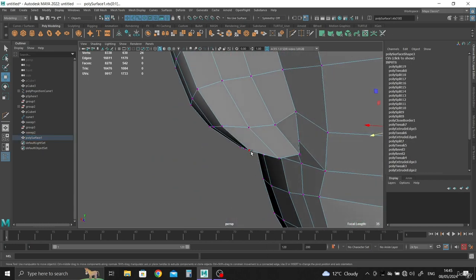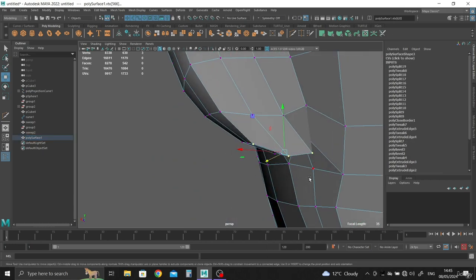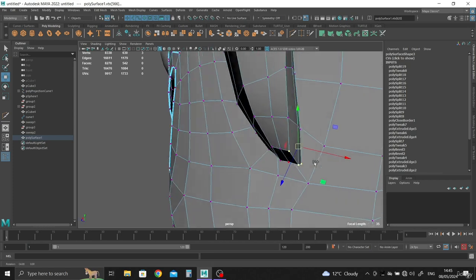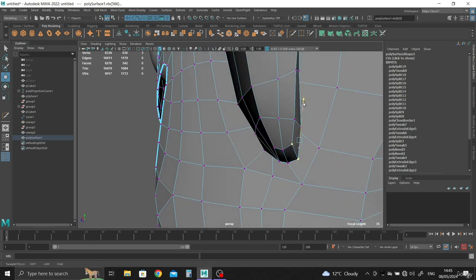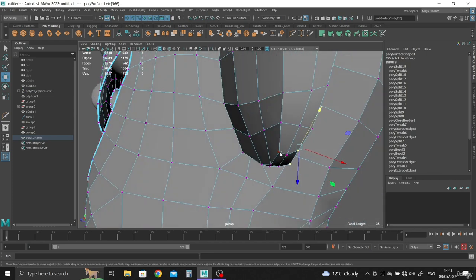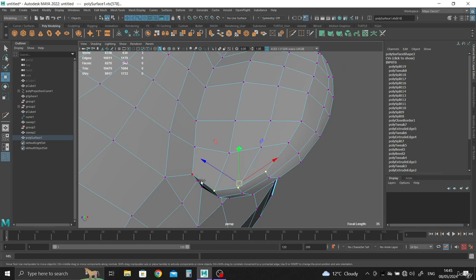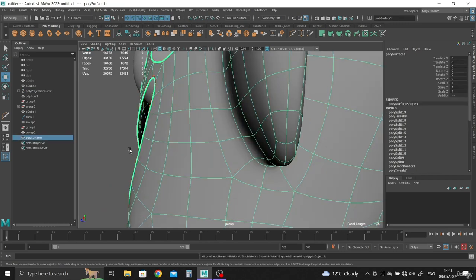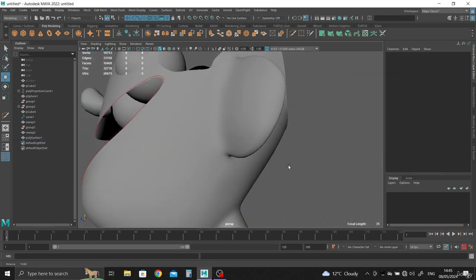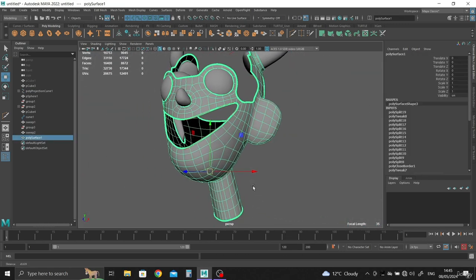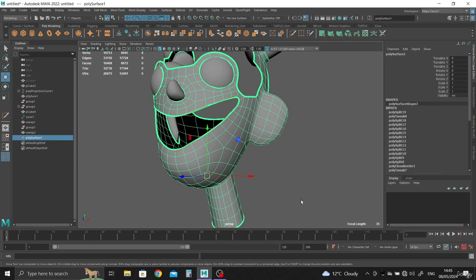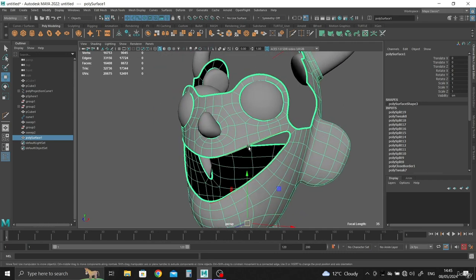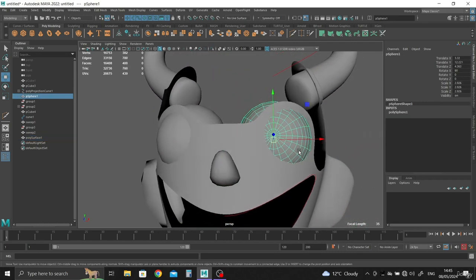I would grab these edges here and just bring them up a bit more because it seems too sharp for an ear. An ear is soft. So there we go. Yeah, so we've done the neck, ear, we've shaped out the mouth, and also for the eyes, you see, we've got,